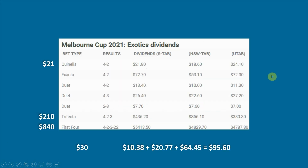And so, you know, had you been smart enough to do something like box up those 7 horses in a Quinella, that would have cost you $21. Could have got back about $21.80 on Super Tab for that. Boxing them up in a trifecta would have cost $210, or a portion of that, whatever fraction you wanted to take, that got you back for $36.20. And if you box them up in the first 4, or whatever fraction of it you wanted to take, but if you took it for $1 unit, would have cost $840, and it paid